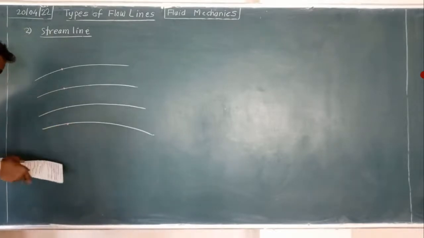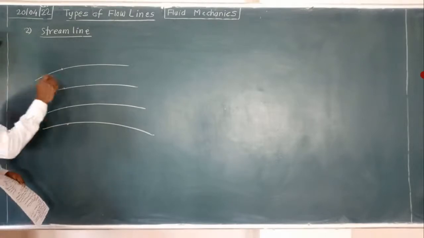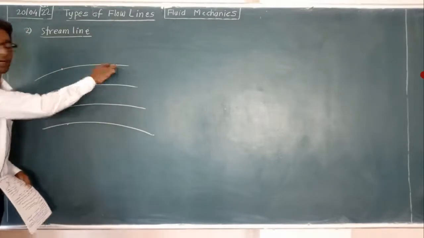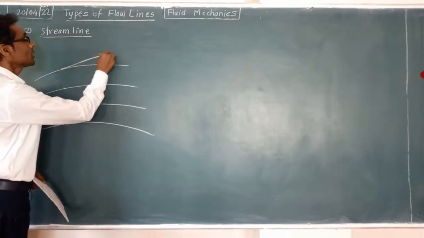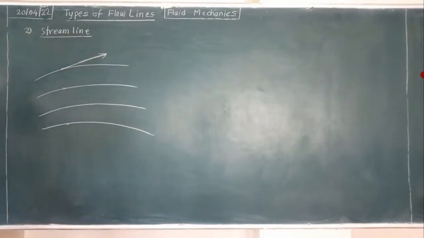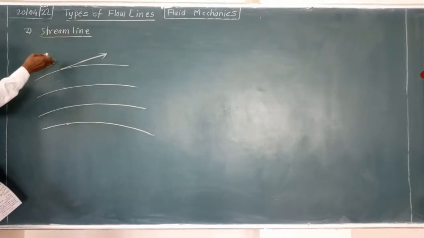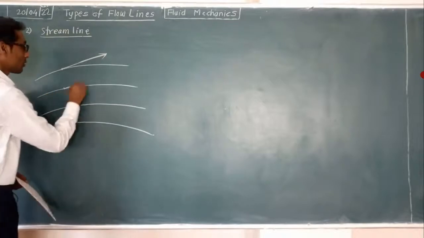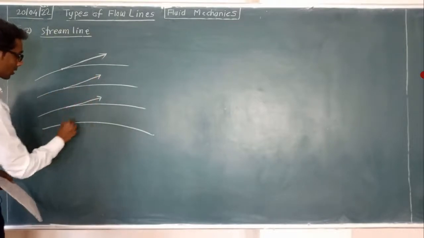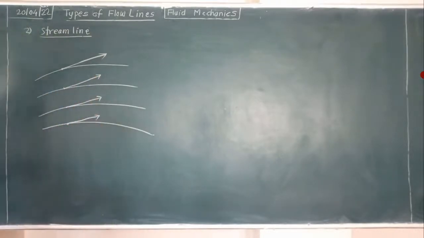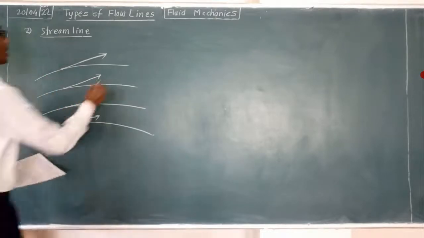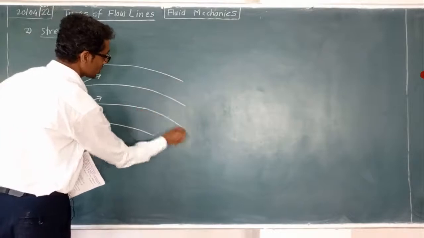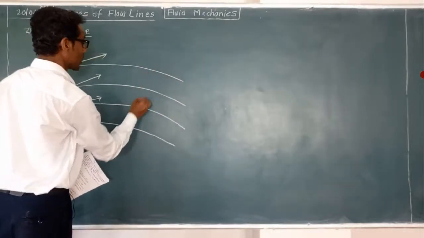So it is an imaginary line within a flow, so that the tangent, see, this is a line which is curved in nature. At this point, if I draw a tangent, it will go in this way. So it will give us the direction of that velocity. It shows the direction of velocity, the tangent drawn at the point. Similarly here, these are the directions of velocity at this point. Similarly, if the path changes this way, then at the next location here,